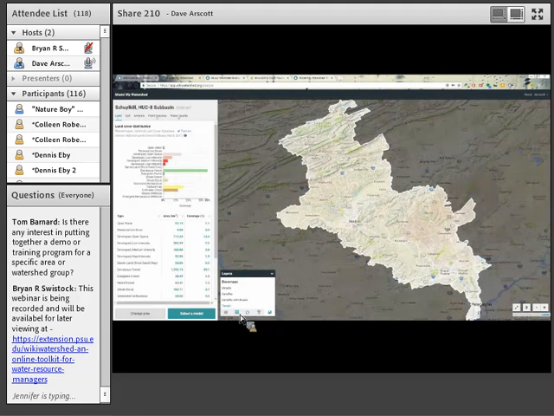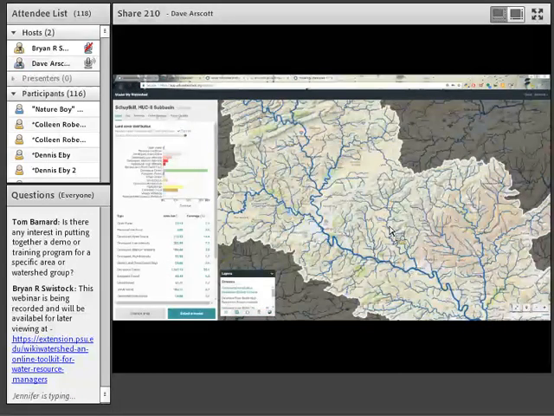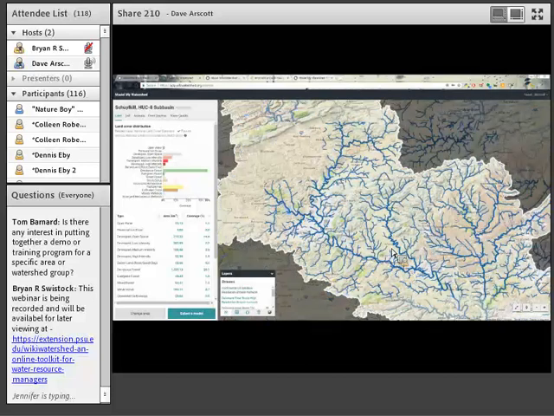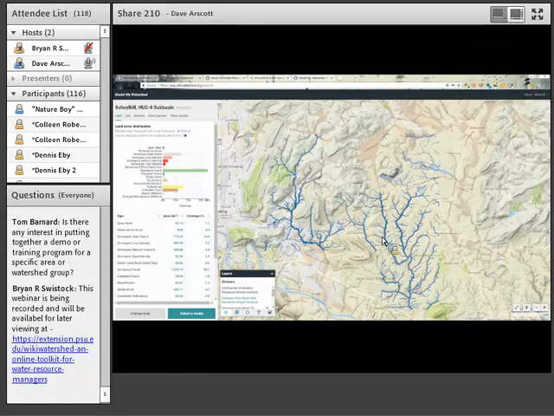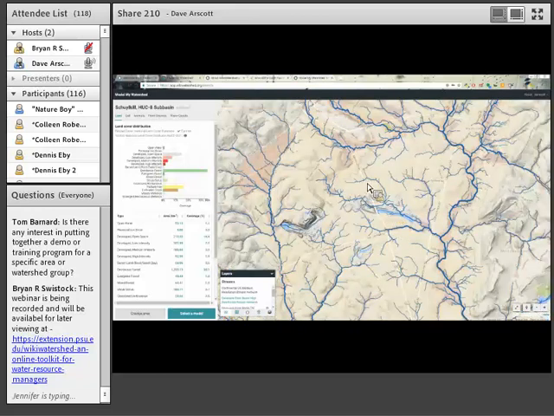Now, if we're within the Delaware River watershed, we have a couple other data layers that are available. Here we see the continental U.S. medium resolution stream network. We have also generated a high resolution stream network to really accentuate the very smallest of potential stream channels in our watersheds. We've also added some tools that come from a different modeling effort at the Academy of Natural Sciences